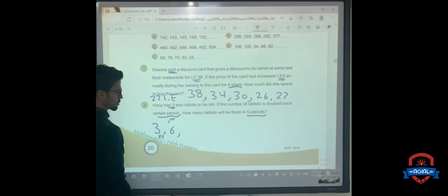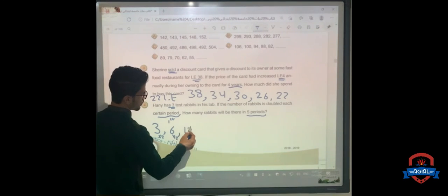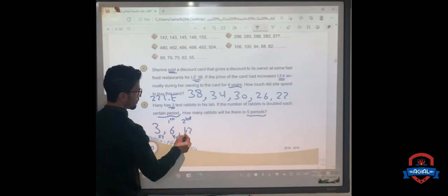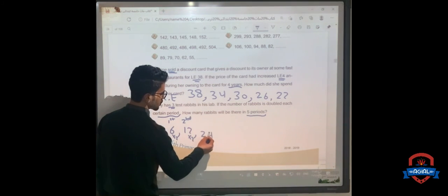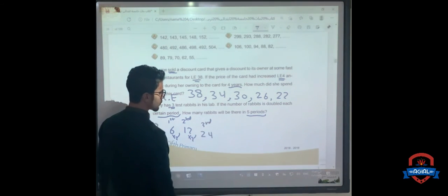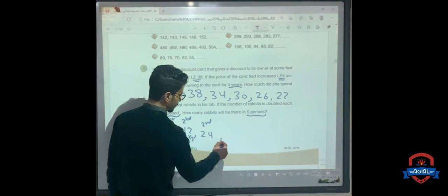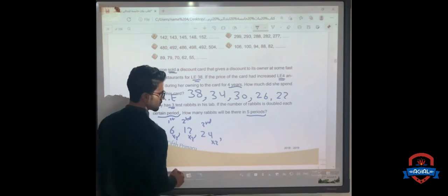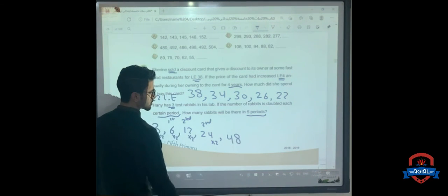And in the second period we have 6 times 2 equals 12. So this is the second period. In the third period we multiply by 2. 12 times 2 equals 24. So we have 24 rabbits in the third period. And in the fourth period we multiply by 2. So we have 24 times 2 equals 48. So we have 48 rabbits in the fourth